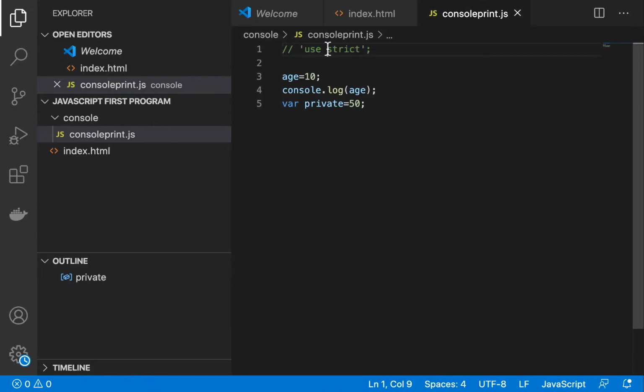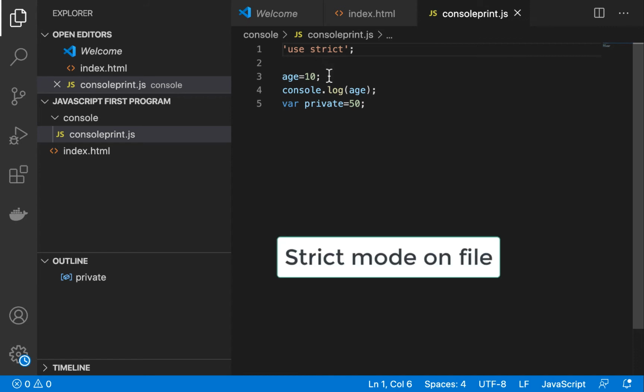So that's why it is good to have strict mode enabled. It helps us avoid a lot of problems in our day-to-day activity. If you take a real-world example, when you're working on a big project, you might have seen multiple people working on a single project or even on a single file. When strict mode is enabled on a file level, it helps many people align with the same coding habits. Also, when I say I have set it at file level over here, this particular line of code is written on top of this particular file.